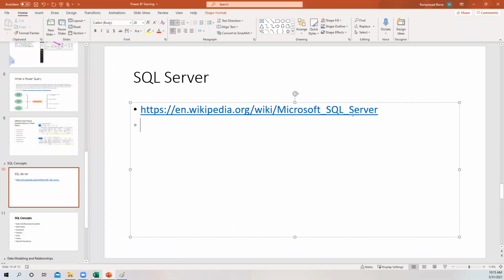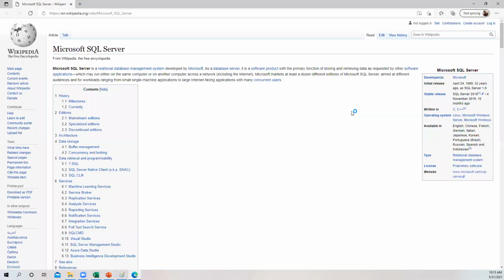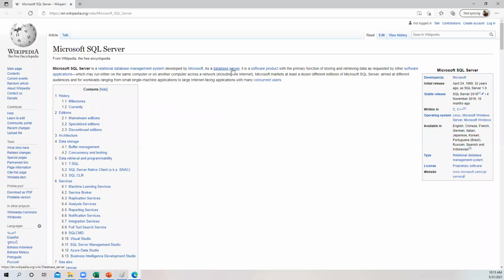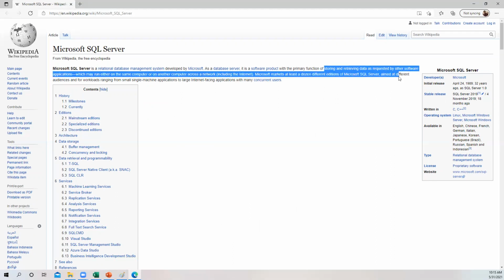Let us go to the SQL Server Wikipedia page and see a little about that product. Microsoft SQL Server is a relational database management system developed by Microsoft as a database server. It is a software product with the primary function of storing and retrieving data as requested by other software applications.